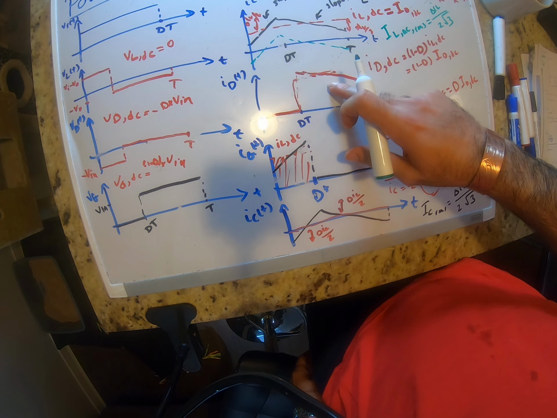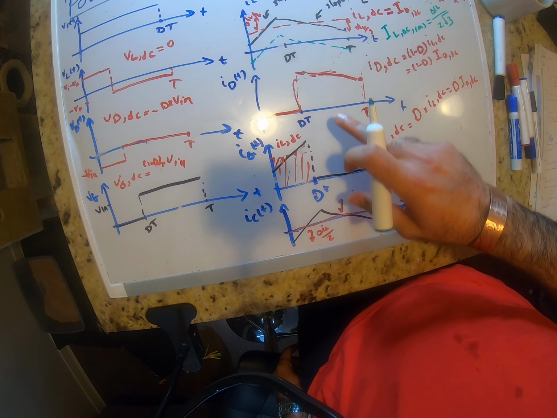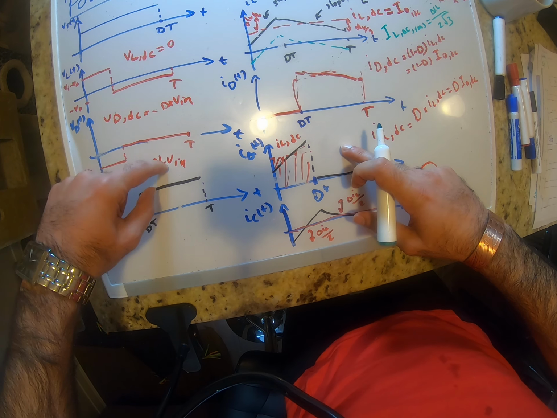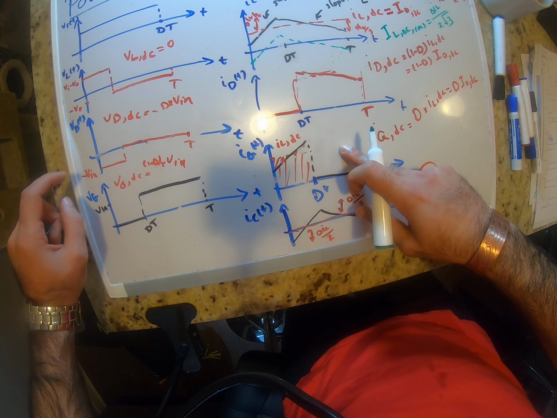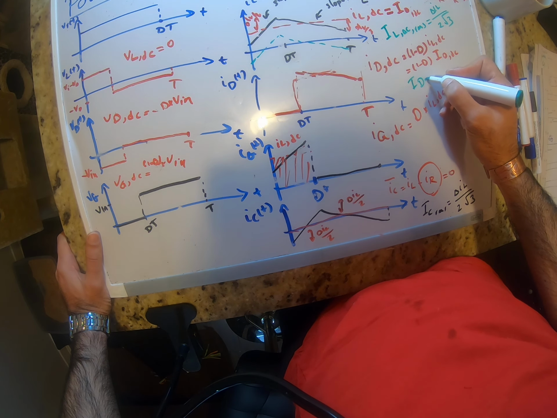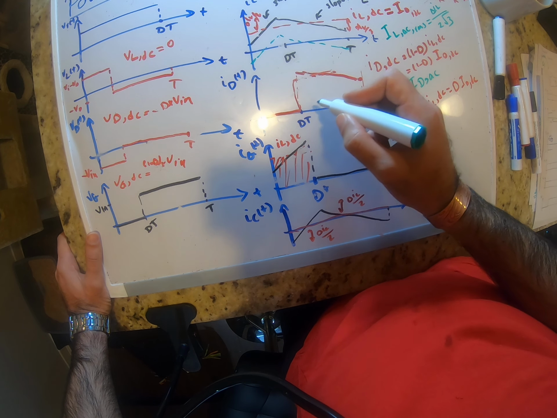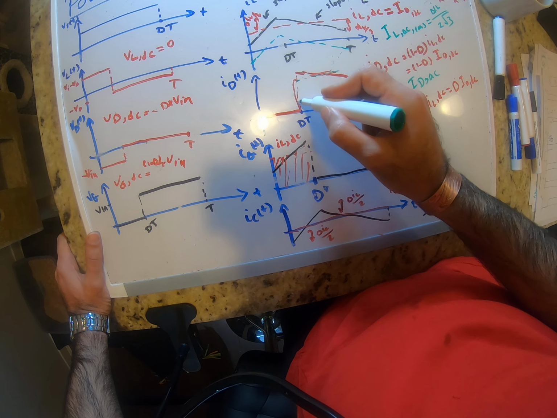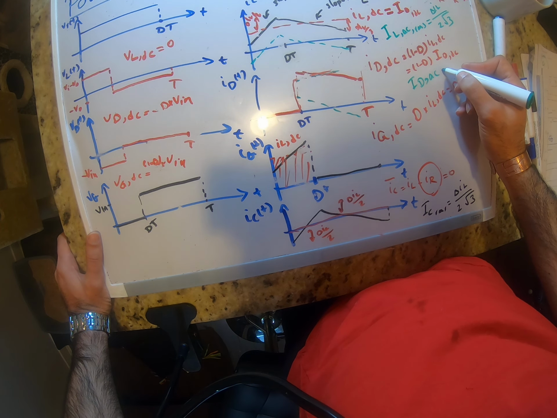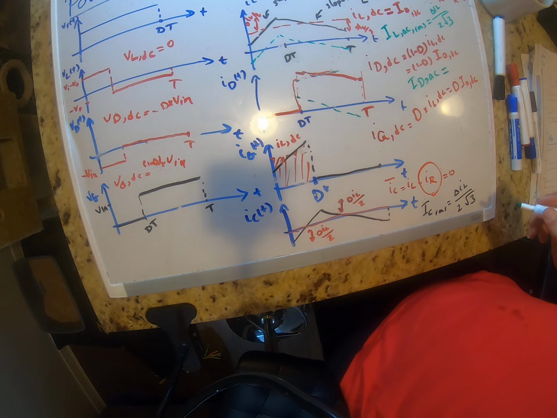For these two, I'm not going to do the calculation, but if you look at this one, it would be something very similar to what's happening here. For this one, ID, again, I'm looking at the AC part. So basically I'm moving this one to 0. So this is what we end up with. ID AC, this one becomes equal to,